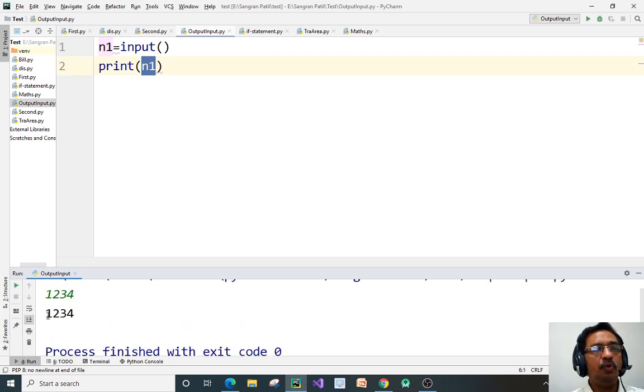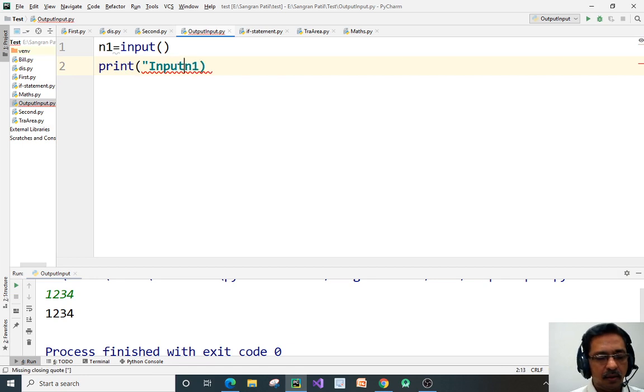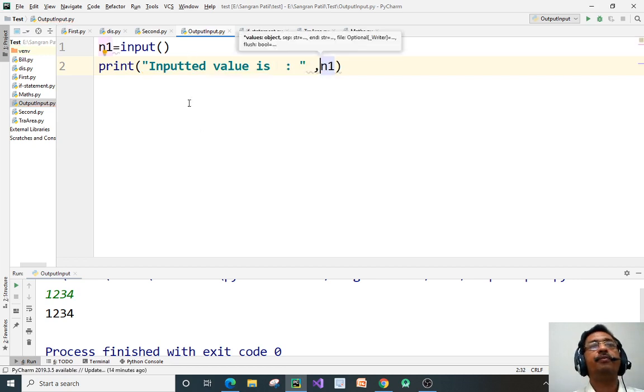Now if you want to add something here, like instead of 1 2 3 4, if you want to give "inputted value is", then 1 2 3 4, then we will add here "inputted value is" comma.